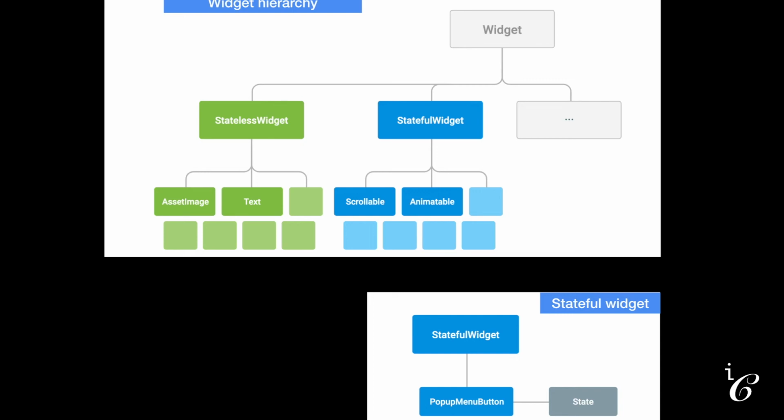In Flutter, every UI element is a widget. Widgets provide a configuration for the UI which will be used by the framework when it is created and rendered. Widgets have a parent-child relationship. You can relate this to an XML document where a root node has multiple child nodes. Any node inside the XML document will have at most one parent node and can have multiple child nodes. Similarly, a widget can have at most one parent widget but can have any number of child widgets based on the configuration of the widgets.